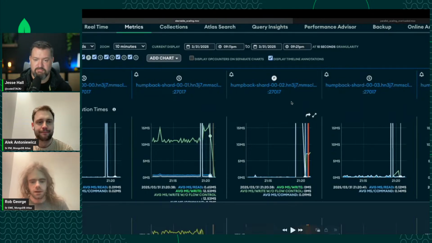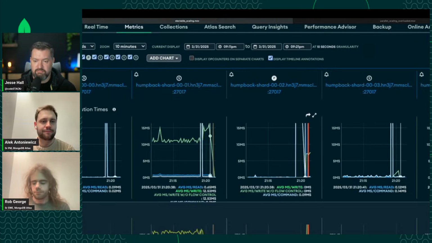scaled. And I think a lot of this existed before any of the changes we've made. It's been baked into Atlas as a product. And we have some additional safety with some of the faster primary upscaling, where the server has the opportunity to decline to have this new node become primary immediately. So if it has to catch up on the oplog or something, it can do that and then initiate a priority takeover to become primary. So there's some additional safety there as well.